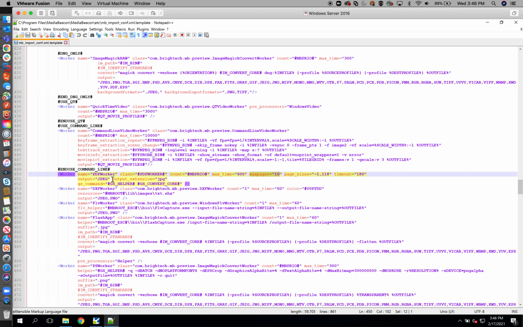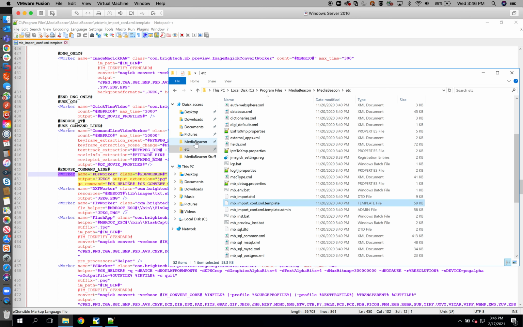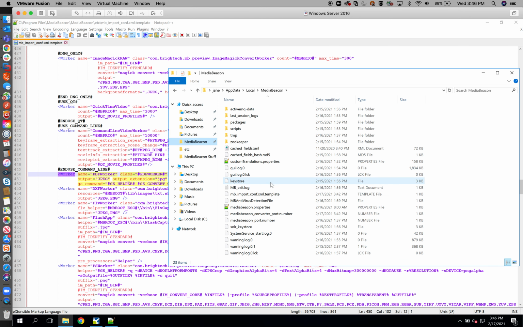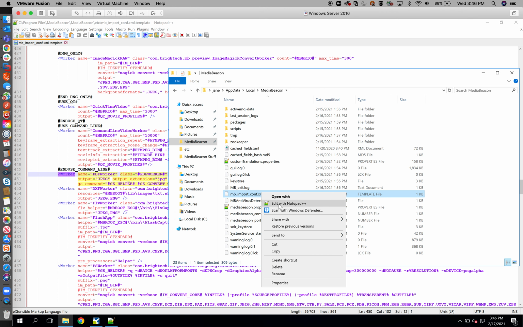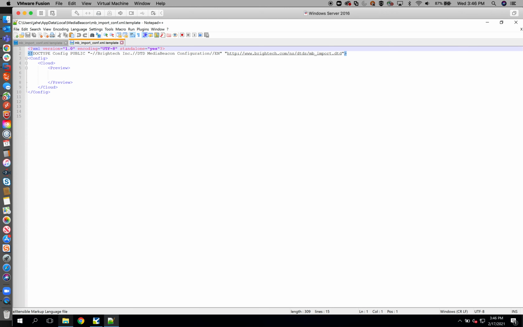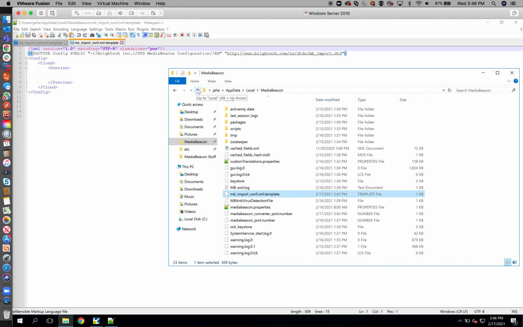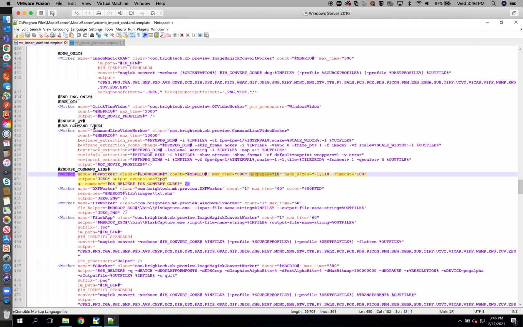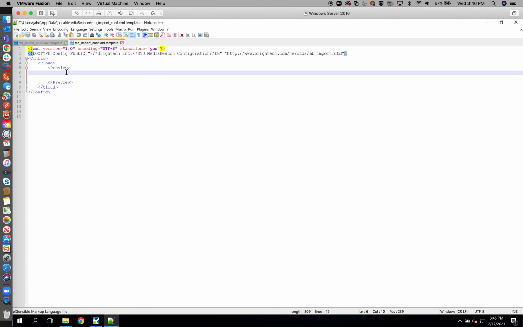However, if we're to upgrade this server, we would lose those configuration changes and this file would reset to the default. Starting in 2019.2, we've introduced the concept of a blank mb_import_conf.xml.template file. And you can see what that looks like here. And that lives in users, your user directory that's running MediaBeacon, in this case mine's Jahi, app data, local, MediaBeacon. All we need to do is take the information for the PDF worker, copy and paste it into the blank template file right between these preview tags here,